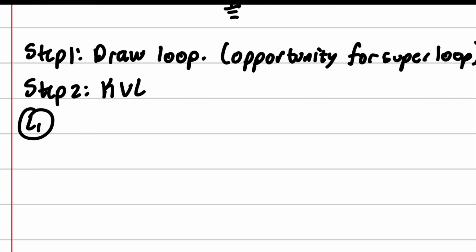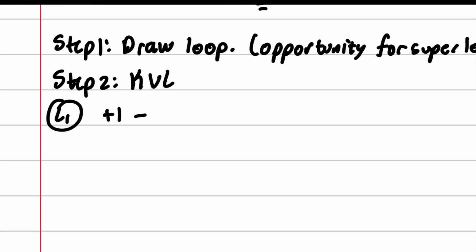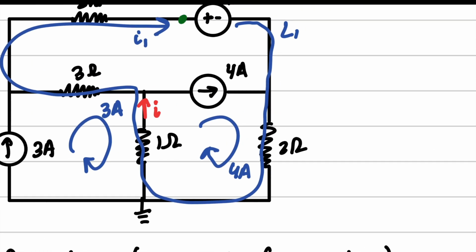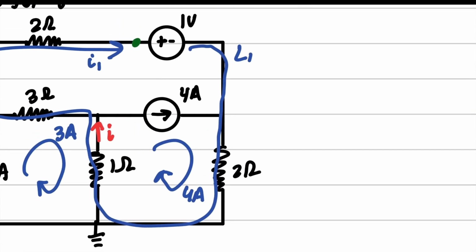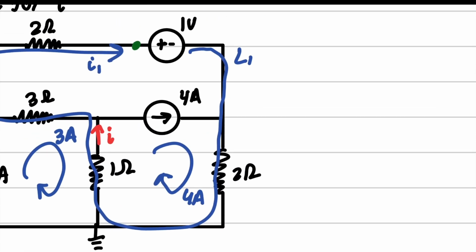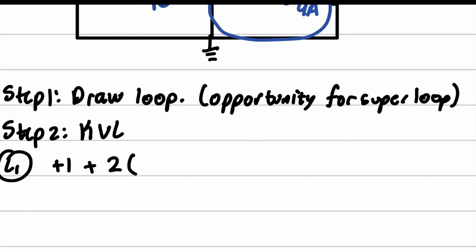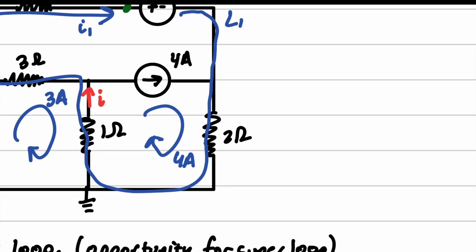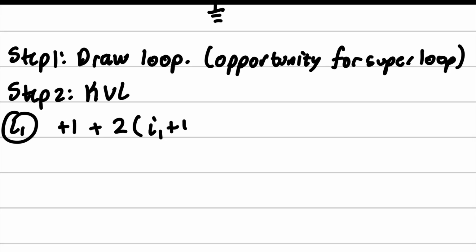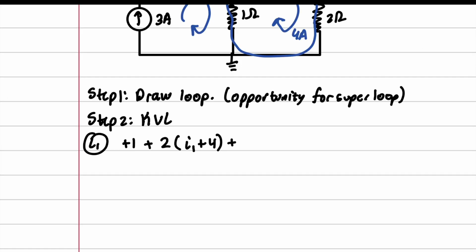We've got +1, plus, we've got 2 ohms. Now be careful here. We have I1 going in here, but what else do we also have going in here? We also have 4 amps going into this right here. Okay? So then that means we're going to have I1, and I1 is going in the same direction as 4. Plus,